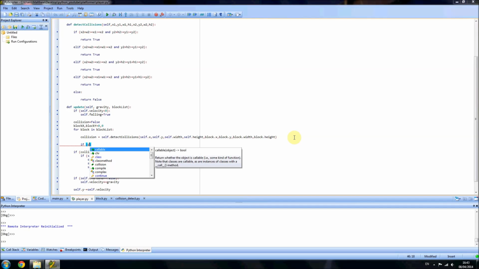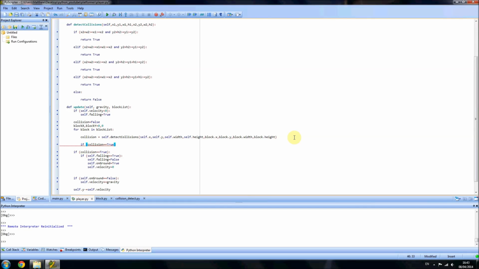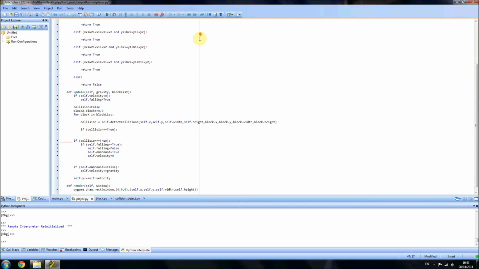If collision equals true, and I'm now putting in curly braces. Yeah, when you know a lot of different programming languages, you sometimes get mixed up between them. But anyway,